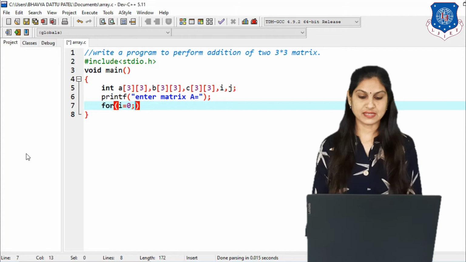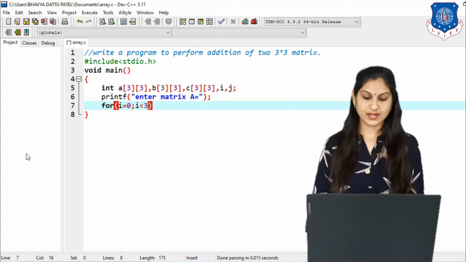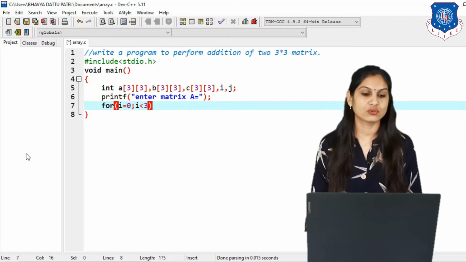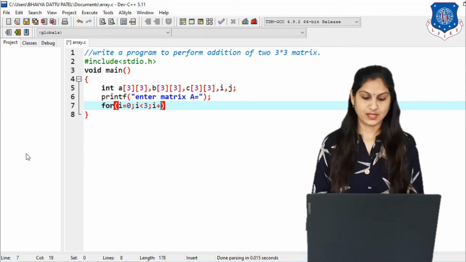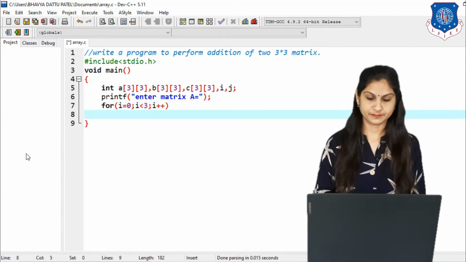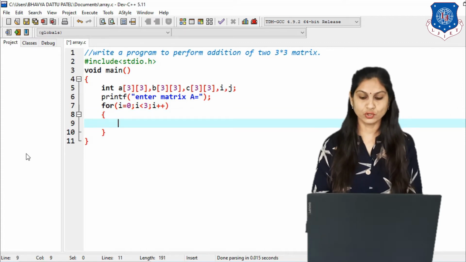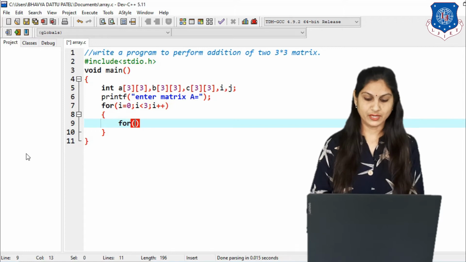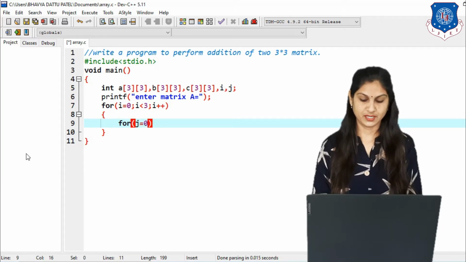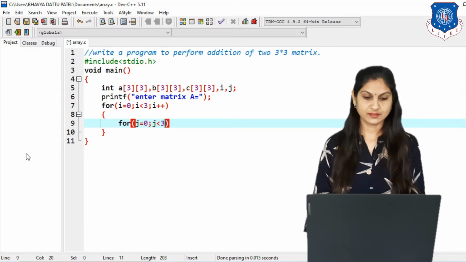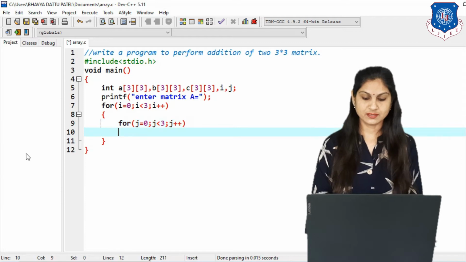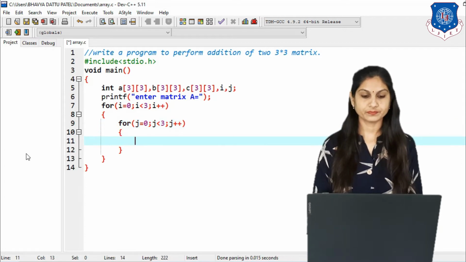And i always starts with 0. Here i is less than 3, because the first is the row and the row size will be 3, and i plus plus. Inside this for loop, now again we have to write a for for the column using variable j, and j always starts with 0, j less than 3 because the column size is also 3, and then j plus plus.